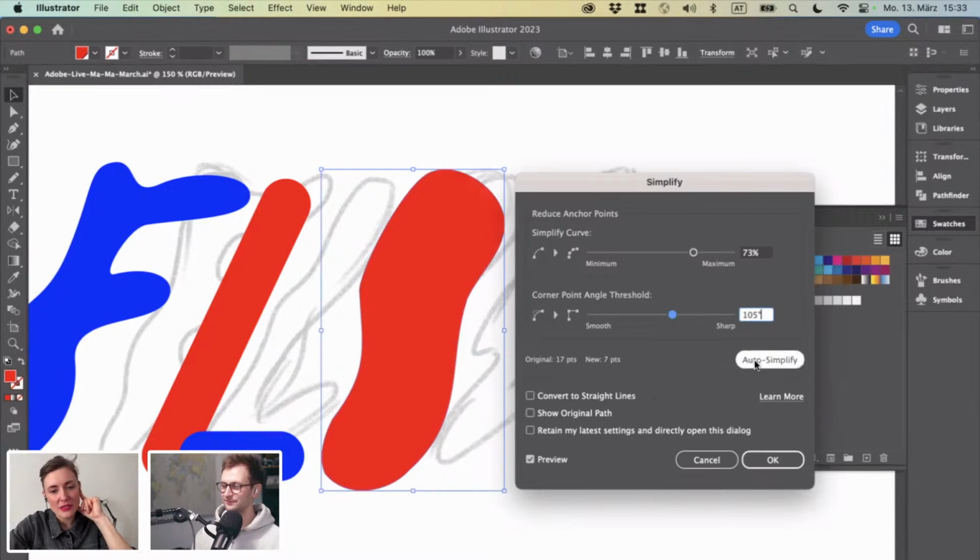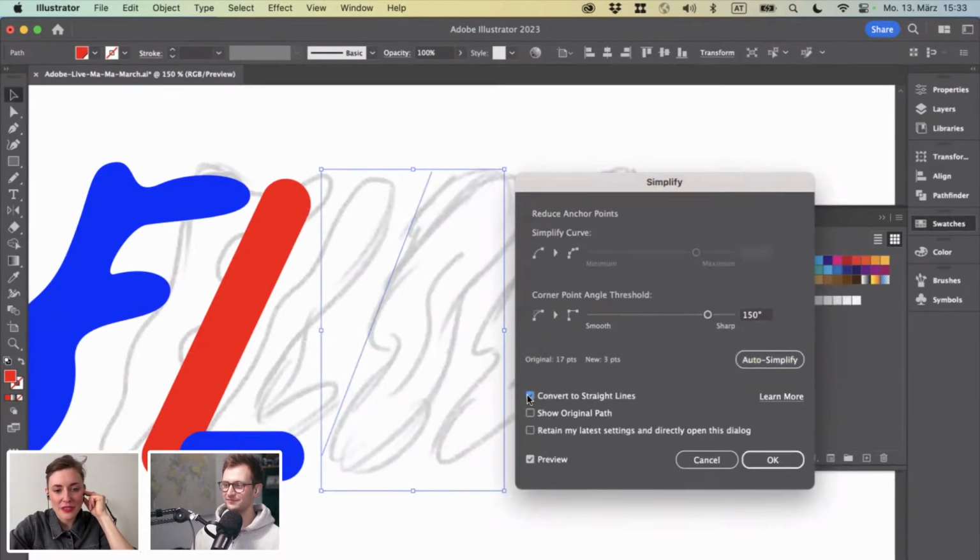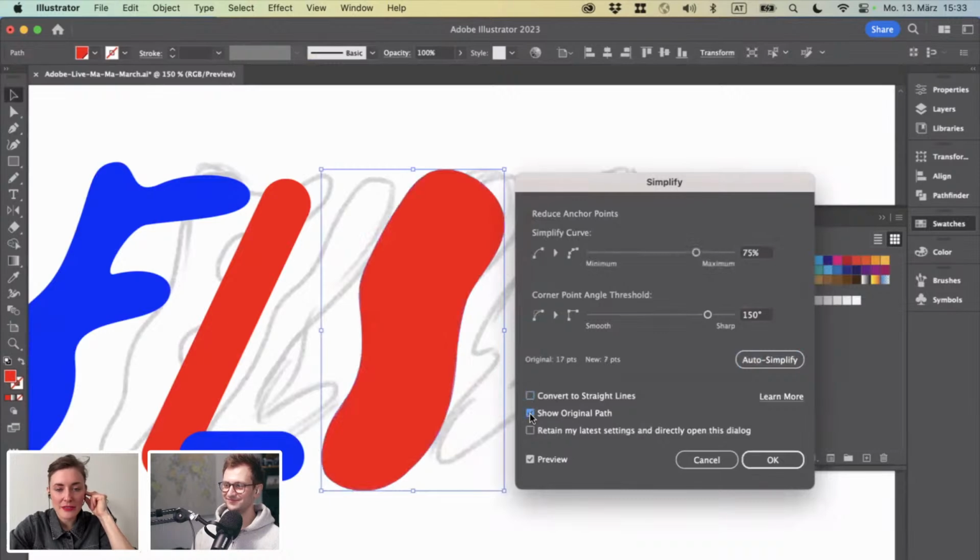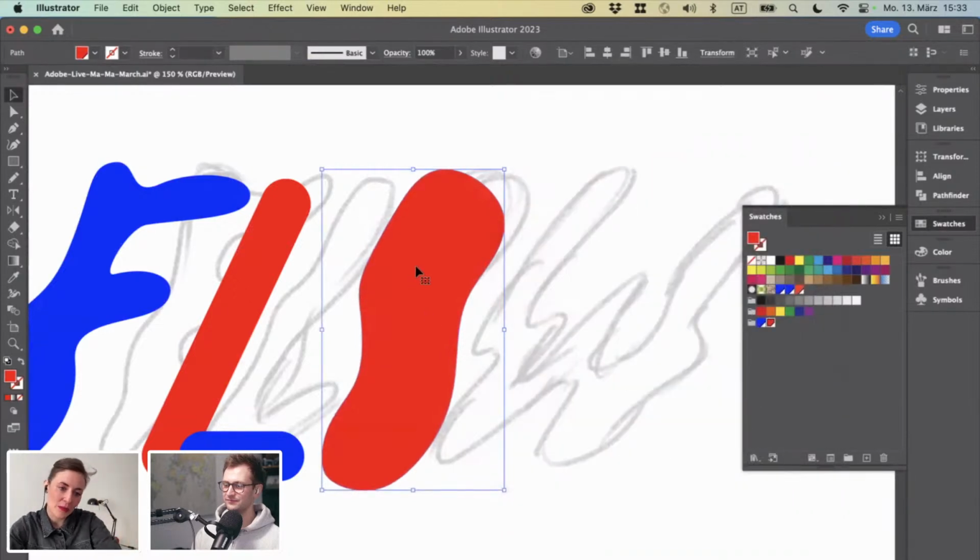The easiest option is to go to auto simplify, and it will do the trick for you in many cases, but not always. You can also say you want to convert things to straight lines, show the original path to see the offset. There are plenty of options. And of course, there's the preview, which helps. I will cancel this one out because I was pretty happy with my